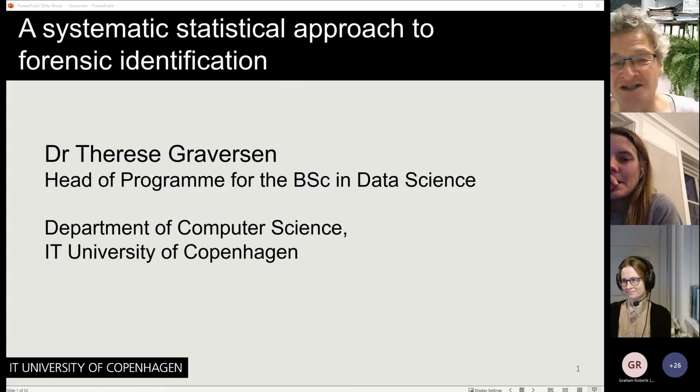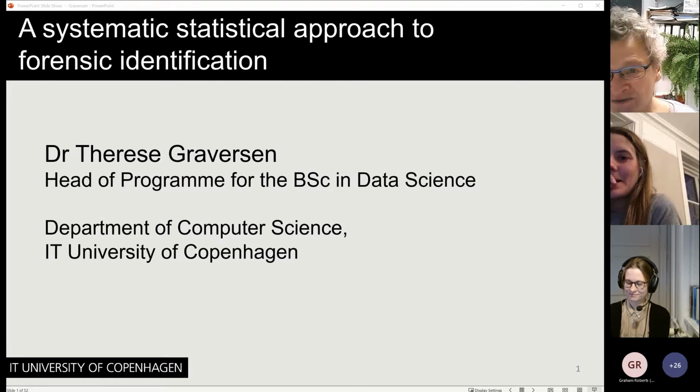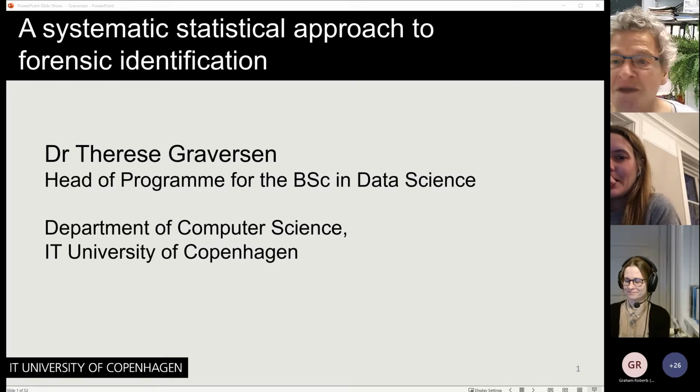And she's the head of study program for a very interesting bachelor in data science, which I discovered quite a lot about in November, and working very hard at bringing together the sometimes disparate views of computer science, mathematics, statistics, and social sciences in that degree. And so it's very good to have her